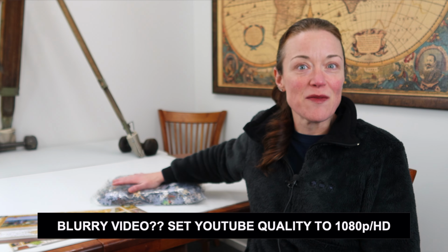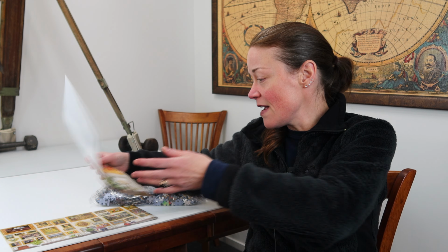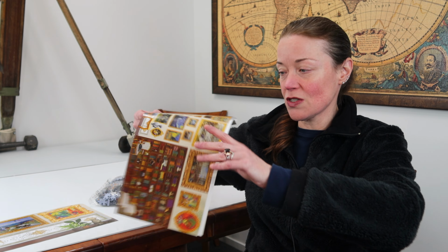I think it's five. Yeah, five. I've done 4 so far. This is the fifth bag, and the section that I'm working on is section number 20. It's another along the floor section. So if I grab our little panoramic poster here,